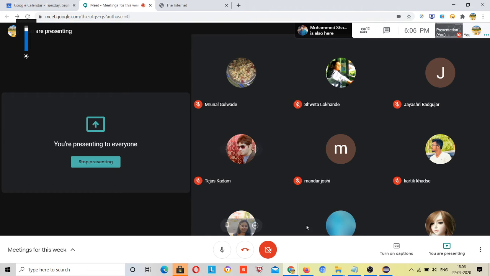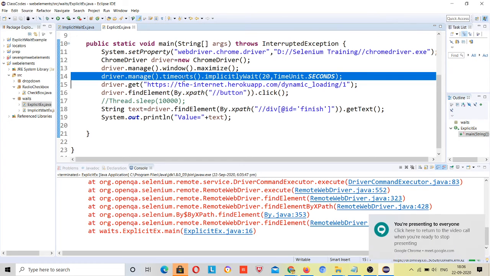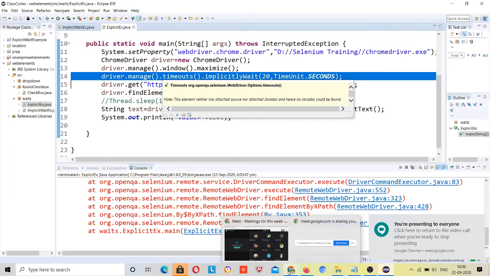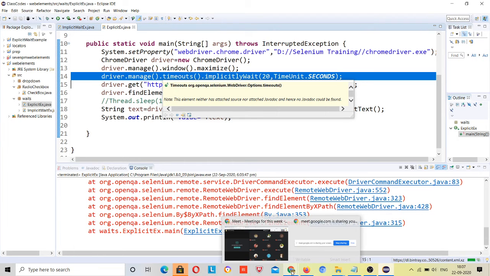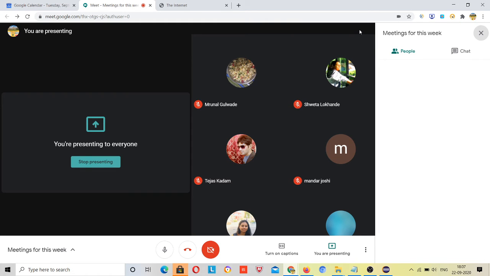So what I have done here, I have given this implicit wait, so this should work, just like it worked for Flipkart. But guys, does the same thing happen for everyone?